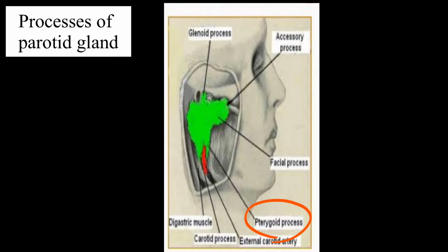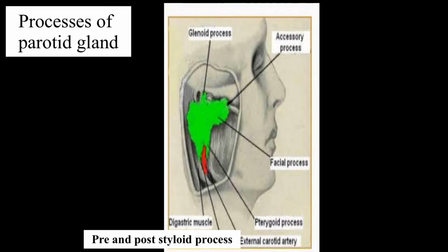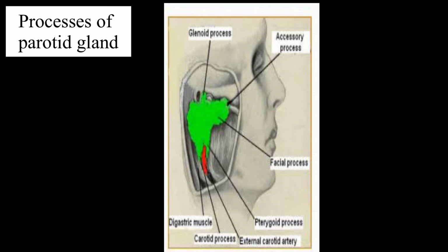Next process is the pterygoid process, sometimes a triangular process, which extends forwards between the mandibular ramus and the medial pterygoid muscle. Another is the glenoid process, which is between the external meatus and the capsule of the temporomandibular joint. And last is the pre and the post styloid process. The styloid process lodges in a groove, and the gland in front of the groove is pre-styloid and behind the groove